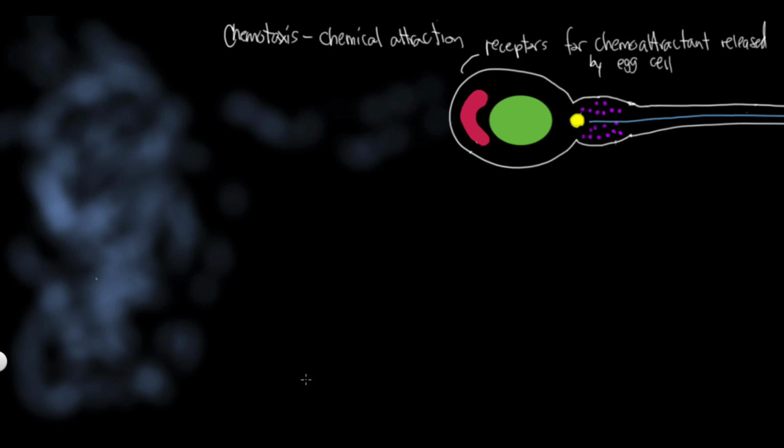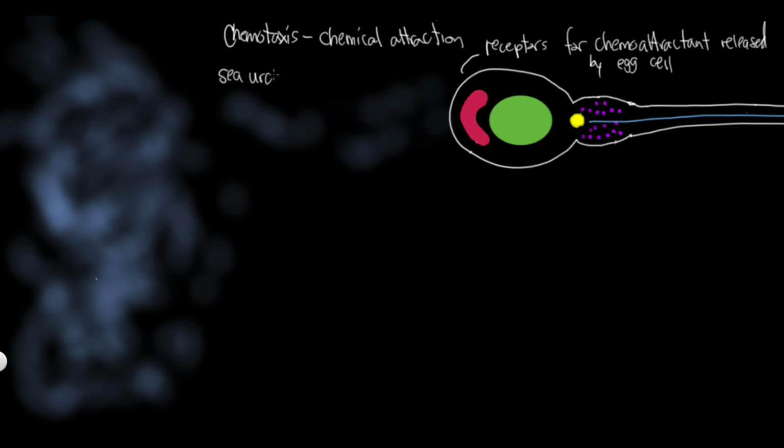And so I'm going to show you something that's called the acrosomal reaction. When we did the anatomy of the sperm, this little red vesicle that's sort of squished up here, that's called the acrosomal vesicle, and it contains digestive enzymes. And so the sperm is going to swim in a sort of directed motion towards higher concentrations of the chemical that's being released by the egg. This was first discovered in sea urchins,